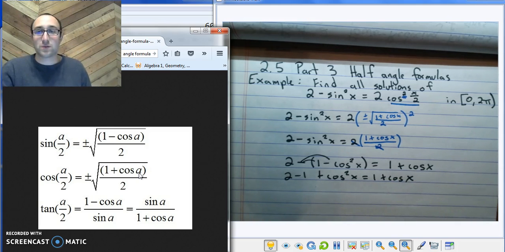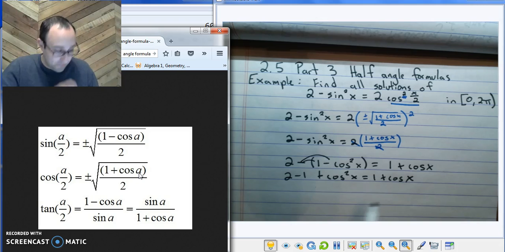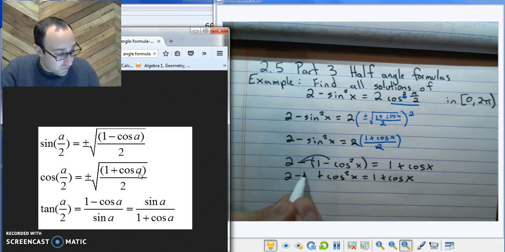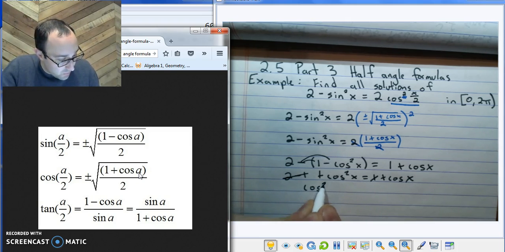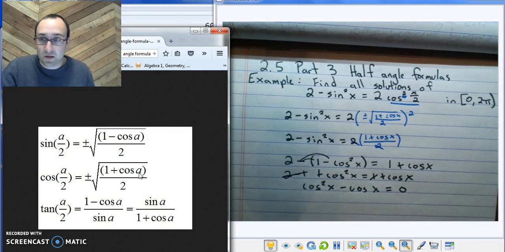Now I've got everything in terms of just cosines. Let's get it all equal to 0, and then we can solve for x. So I've got 2 minus 1, which is 1, minus 1 is going to be nothing. So the numbers are going to cancel out. And I'm going to have cosine squared x minus cosine x equals 0 because I just subtracted that cosine x